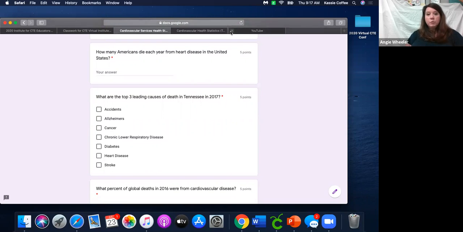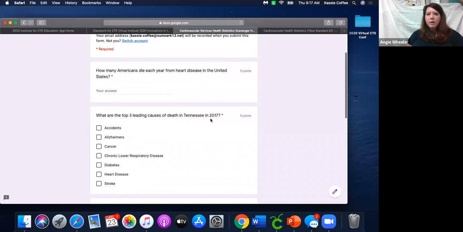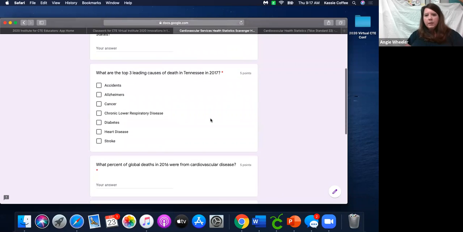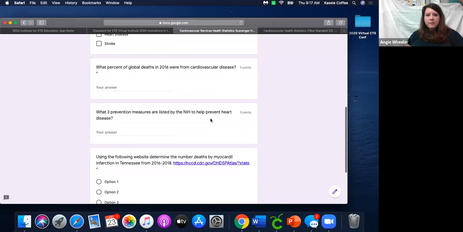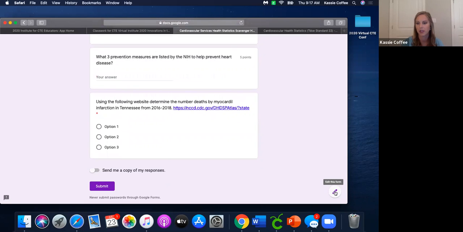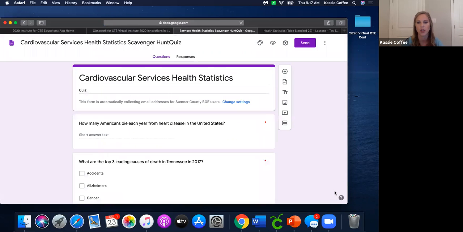You can do multiple choice questions, you can have them do paragraphs, short answer, you can see there a checklist, but we were going to go to the very bottom, the last question, and show you how to set that up. We're going to have to go down here, yeah, to edit your form if it's already done.